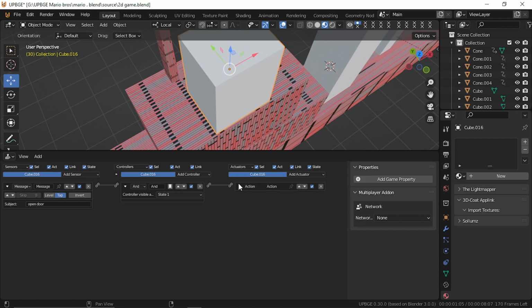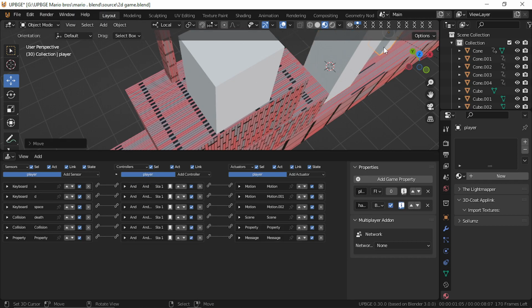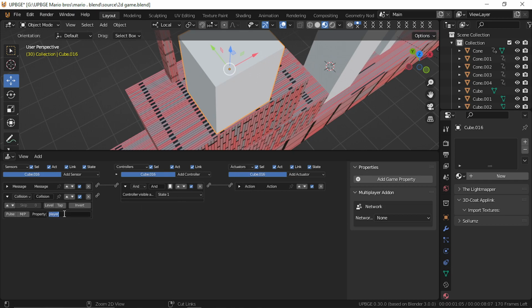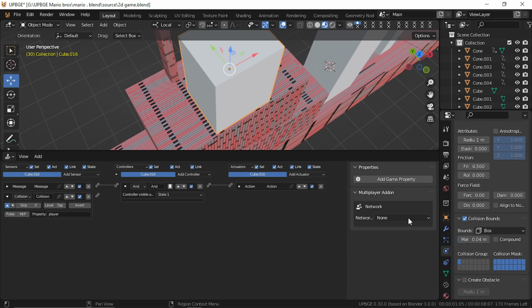Logic bricks. I'm gonna give it a collision, player. And I actually want to make sure I'm typing this correctly. Sometimes I do this. I'm dyslexic. I'm gonna do it as an always and make sure it's set as a ghost actor, ghost. So it should be able to collide. Just keeping it collision bounds and control A scale. So the player should be able to collide with it, and when it collides with the player,